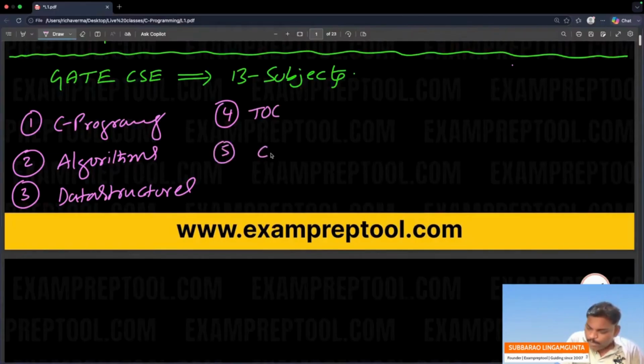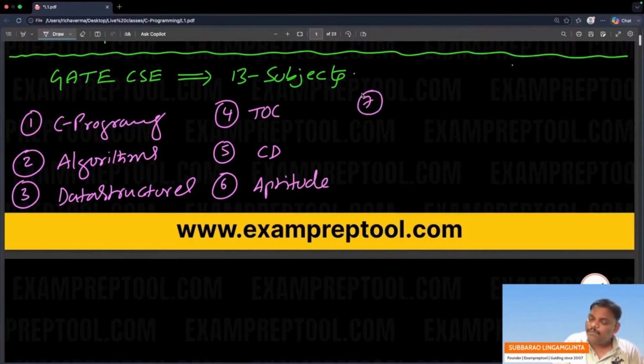Fifth is compiler design. Sixth is aptitude. Seventh is engineering mathematics. Eighth one is